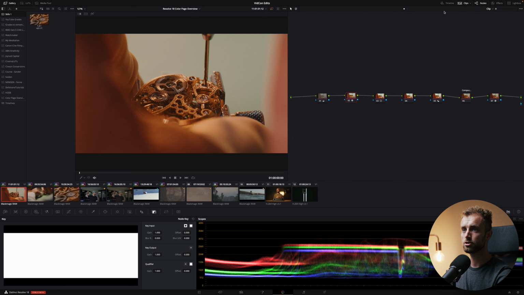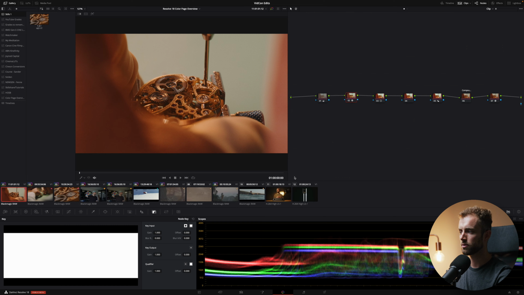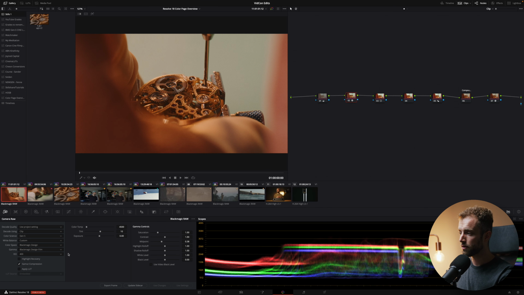Of course, you've also got your timeline here, but we already discussed it. Pretty basic and self-explanatory. All right, let's get into the fun part, the grading part. I'll fly through these pages so you have a basic understanding of what they do and how they can help you. All right, so the first one is your RAW tab. This tab is only available if you shot in a RAW codec, for example Blackmagic RAW, ARRI RAW, RED RAW, you name it. All right, so this gives you all the settings that you normally have inside your camera, but you can alter and play around with them in post.